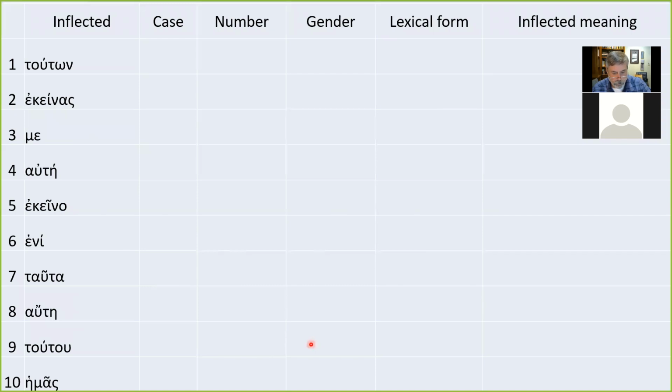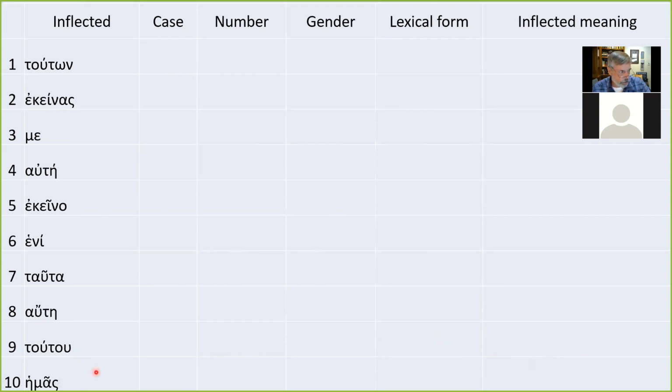Masculine. Or? Neuter. Yes, sir. I guess. That's correct. And it's from the lexical form houtos. How would you translate the inflected meaning of 2-2? Of this. Yes, sir. And the last one, hemas, a little bit of a trick question because this is not